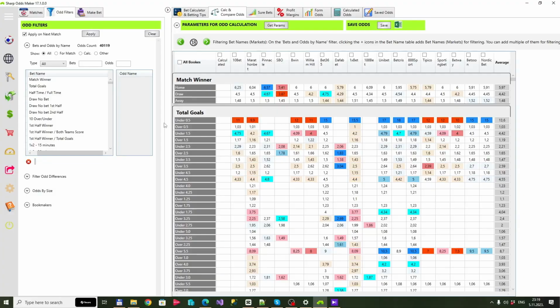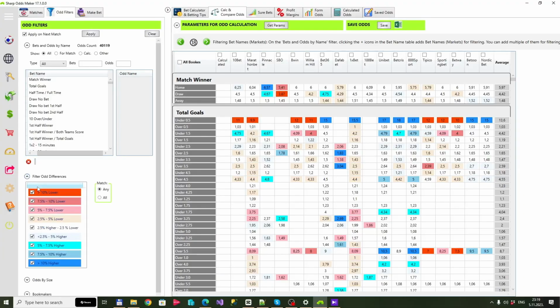The second type of filter is filter odd differences, expanded to see its options. Here you can see a color map that represents the colors assigned to odds. Red indicates lower odds, blue indicates higher odds, and lighter colors represent values in between.